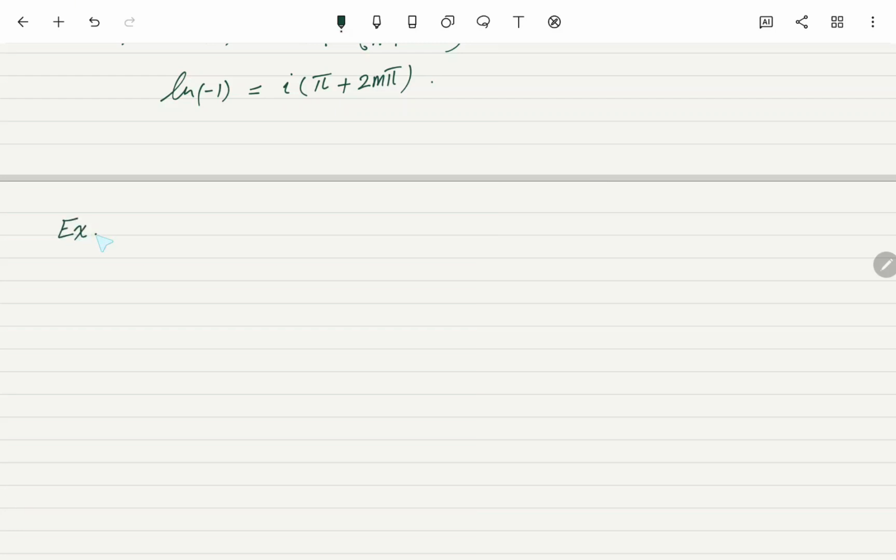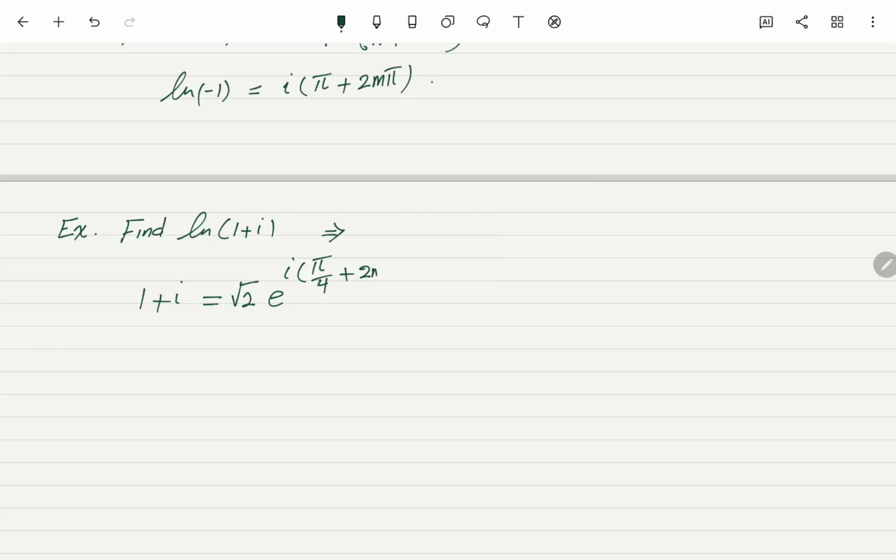Example, find ln of 1 plus i, and again let's put 1 plus i in polar form. R in this case is equal to square root of 2, theta is equal to pi over 4. So 1 plus i equals square root of 2 e to the i pi over 4